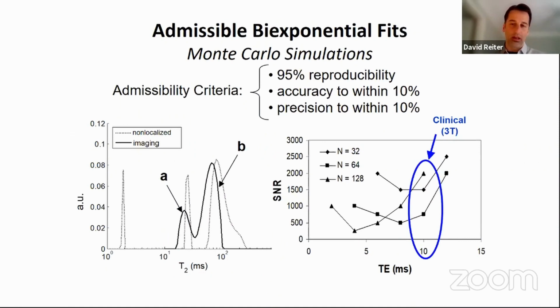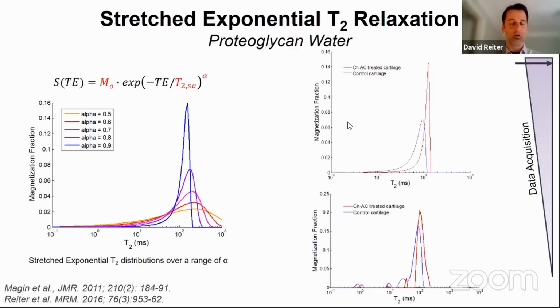Now, when we start to think about extending this with a multi-echo spin echo imaging experiment in vivo on a clinical system, we can see from the numerical simulations that we performed, looking at the admissibility of fitting a bi-exponential model, that our signal to noise requirements to resolve these with good accuracy or precision are pretty high and prohibitive for doing this in a very thin layered structure like cartilage. To approach this, we can think about more simplified parametric models